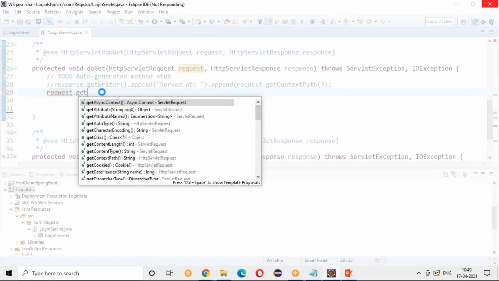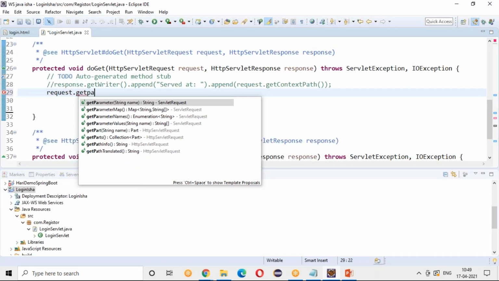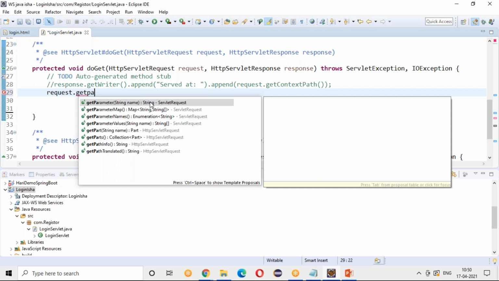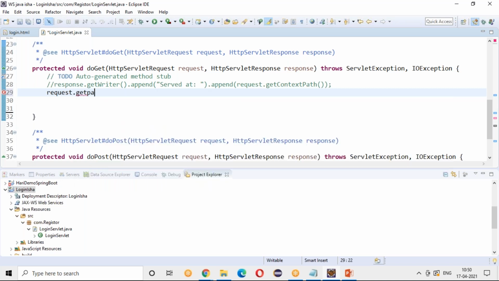So now what happened? After that, I'll be getting that user ID and password in my backend code, right? And what I need to do now is translate it to some other class, where I'll send it again to the database or something, and check whether that user ID and password match in the database. If matching, I'll send some success response. If not, I'll send some failure response. So getParameter is the one which takes a parameter of string type.